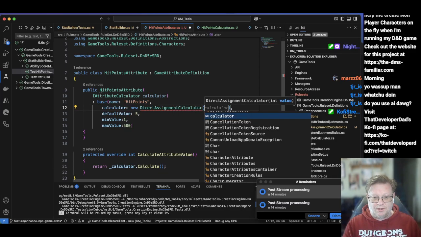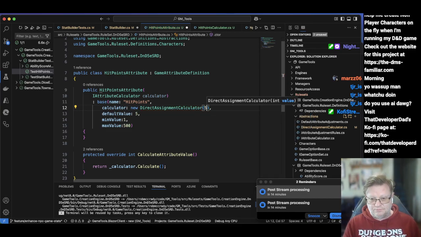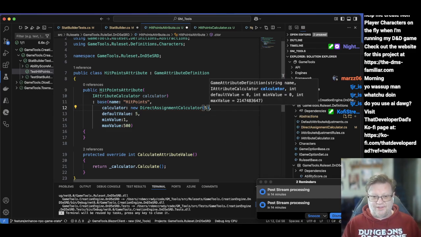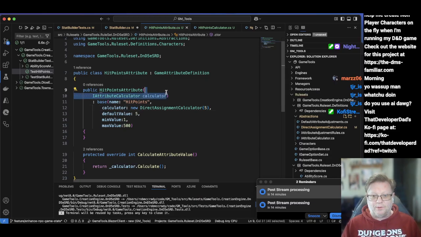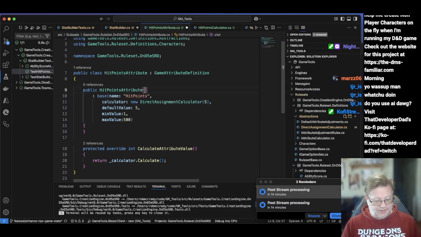And the value is going to be 5. It'll just assign the default value. And we can get rid of that required parameter on the hit points attribute. So we're good there. And that's really about all we should have to do, except